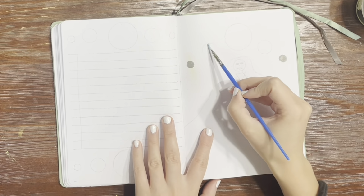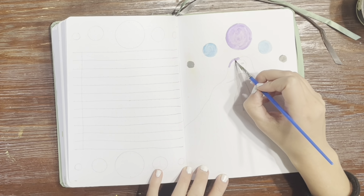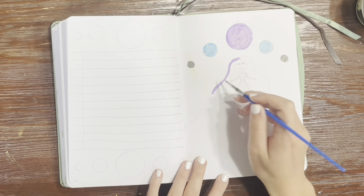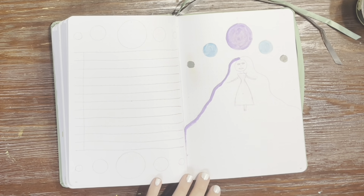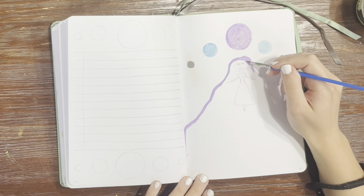I wanted to mimic watercolors, but I didn't have any watercolor paints, so I just used acrylic paint and used a lot of water. Because of that, I ended up having to do a lot more coats off screen. I figured it wouldn't be as exciting for you guys to just see me continuously paint over the same thing I've already painted. But I think it ultimately turned out really cool, and I ended up liking it,